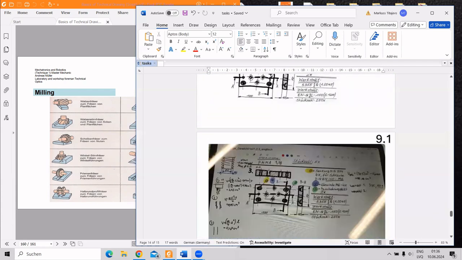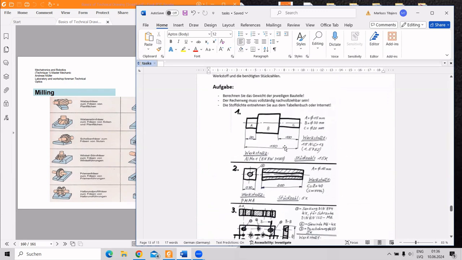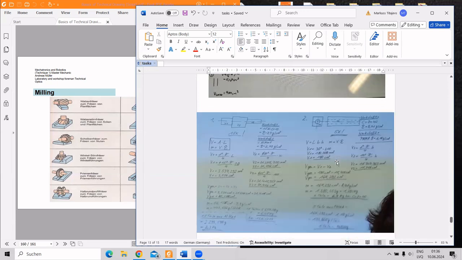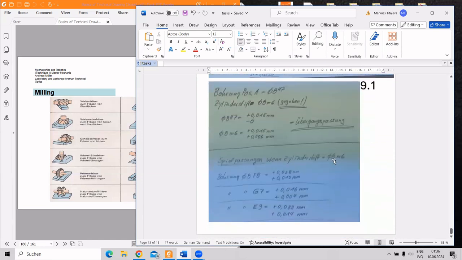And the other thing is that the densities are not provided here for materials. They can be found either in a table book, or we can even use the internet during the exam. Also, for instance, to find the density for plastic PMMA or different types of steel. And in general, that's all. There were also some tasks